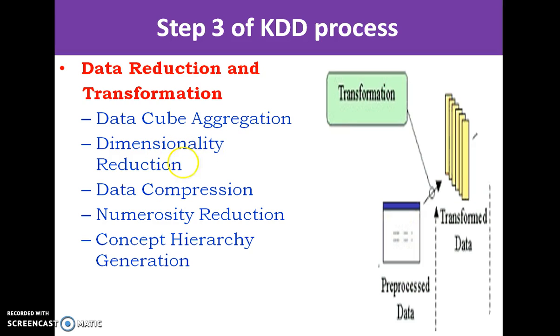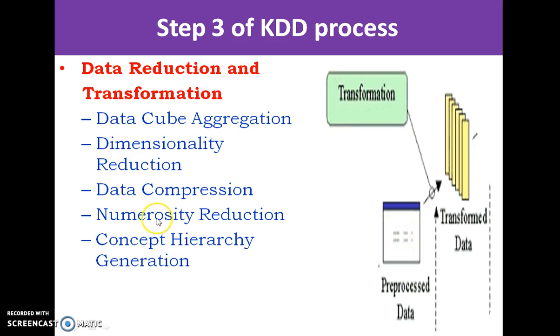So as the number of dimensions increases, applying the processing on this high dimensionality data may also require more time. So dimensionality reduction is also very important, again without losing the original characteristics of the data. The third one is data compression. As the name indicates, we need to reduce the size of the data that is occupied.